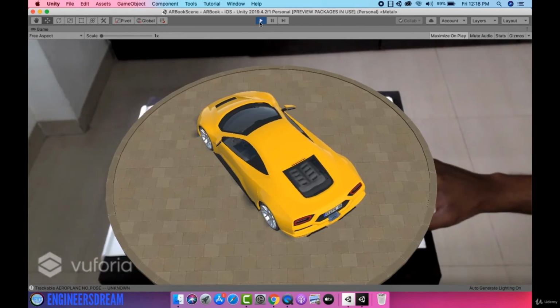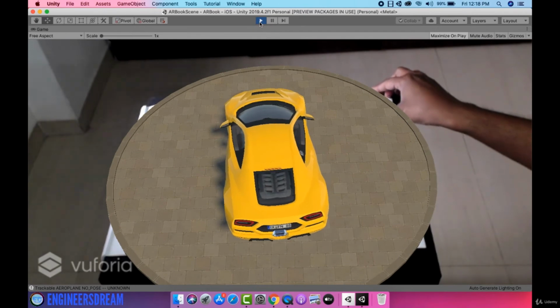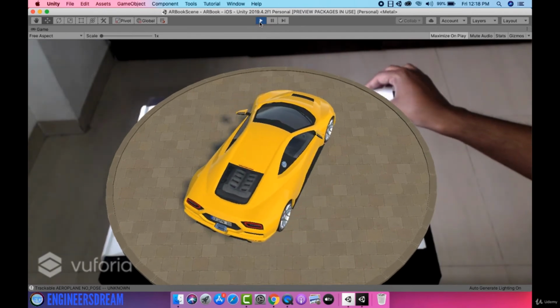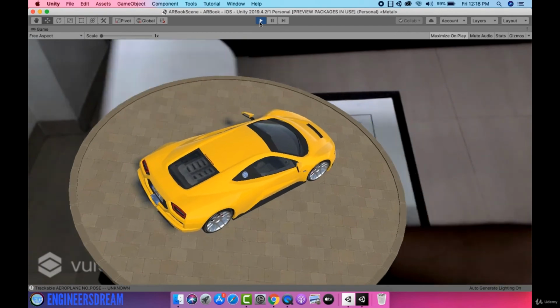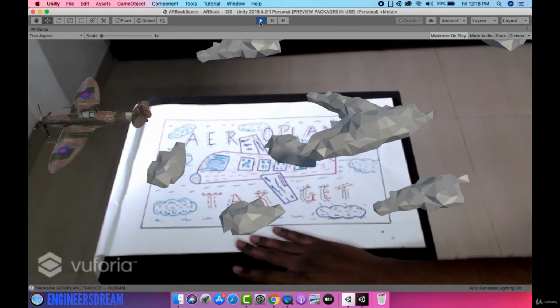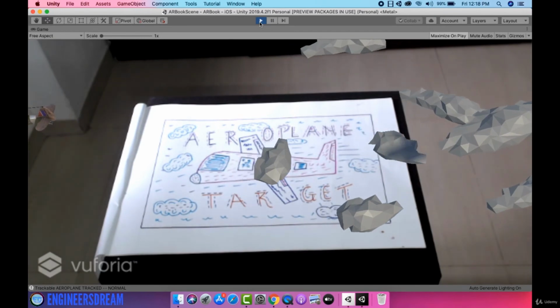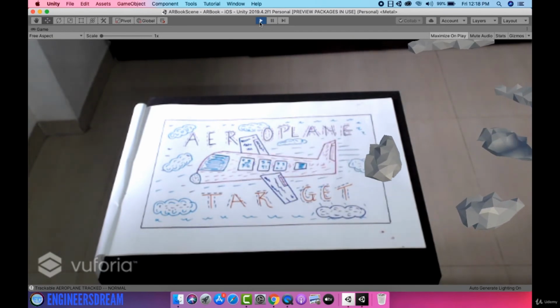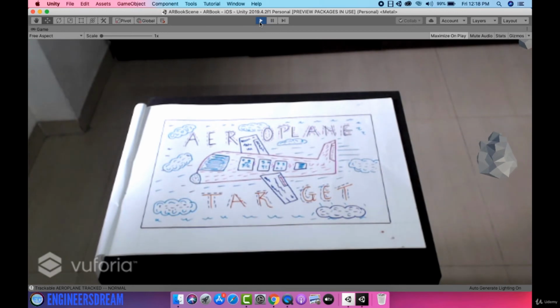If I open some other image target again, then the aeroplane and the cloud models have been deactivated. That is, they are paused and they have become invisible at their last respective position. Now if I again open the aeroplane target, then the aeroplane and the cloud models are again activated and they have started moving. So now as you may notice, both the models have moved out of the camera's view, and once they move out of the camera's view, they won't be visible again, which is a problem. So in the next video, I'll show you how you can reset both the models so that after moving out of the camera's view, both the aeroplane and the cloud models will reset back to their original position.